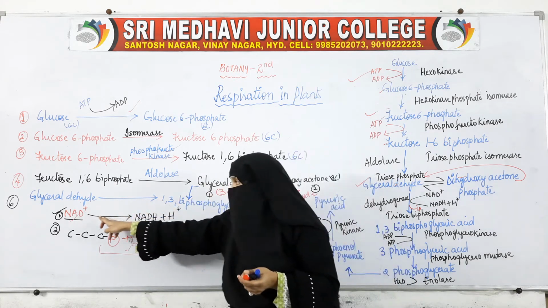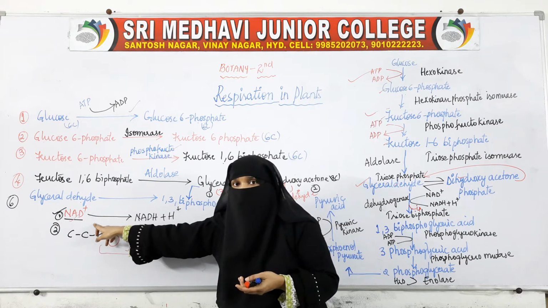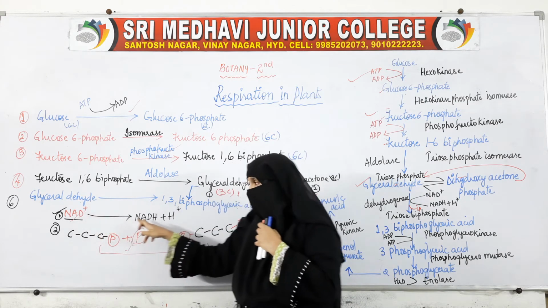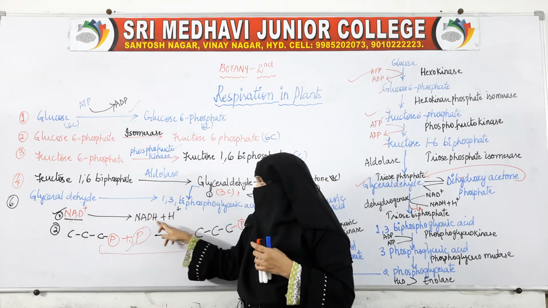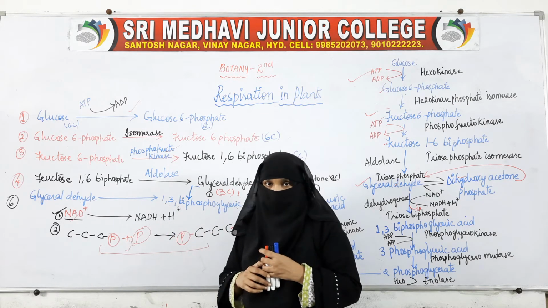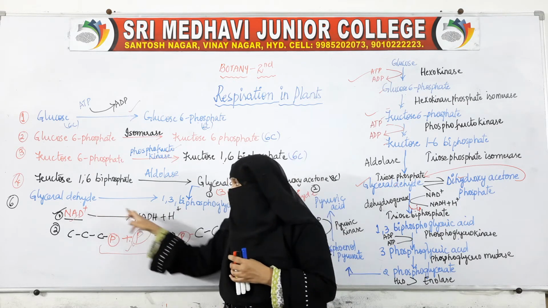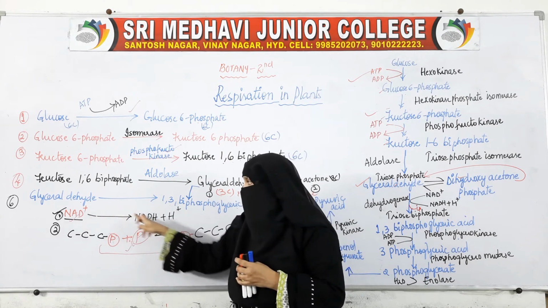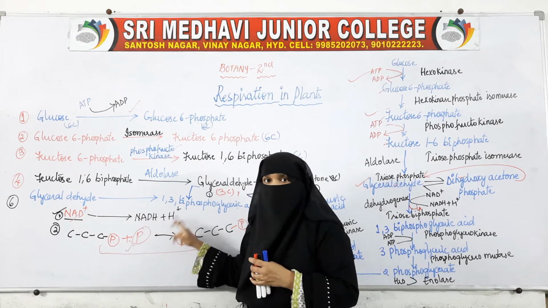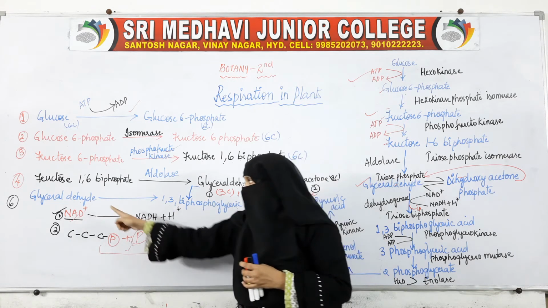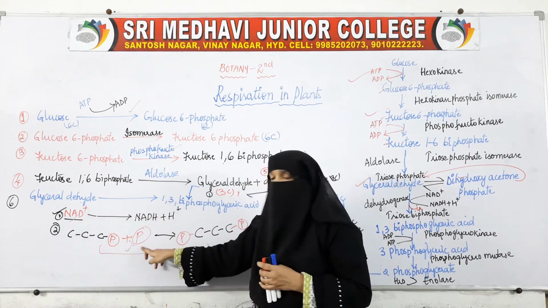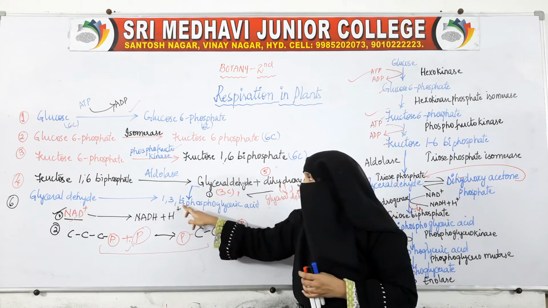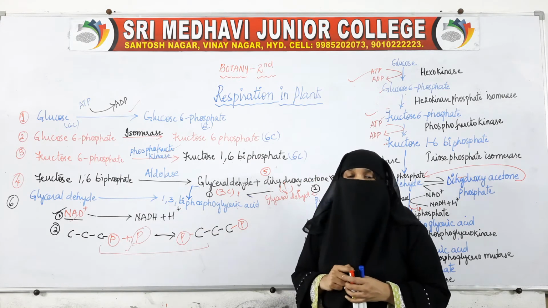One, NAD, that is the oxidizing agent, has been utilized and then reduced, that is, hydrogens are added to this, meaning it has been reduced, that is NADH plus H plus. The oxidizing agent has been reduced by the addition of hydrogens. So, now NAD plus changed to NADH plus H plus. This is one thing happening. Another thing, this glyceraldehyde, by using one inorganic phosphate from the cell, is changing into 1,3-biphosphoglyceric acid.